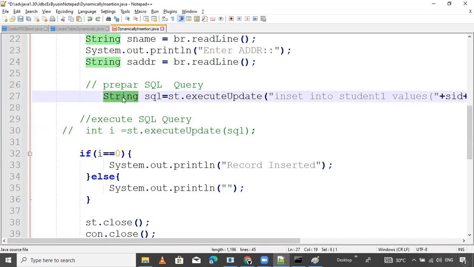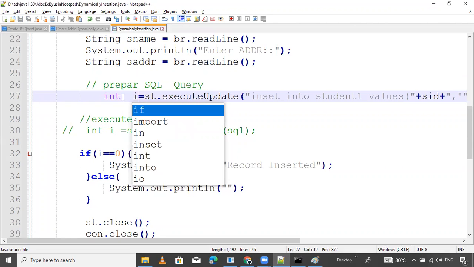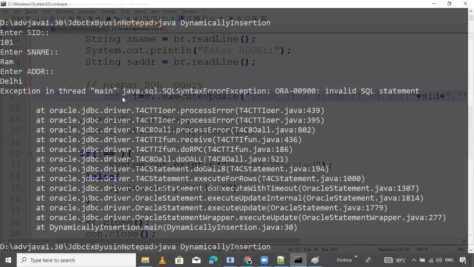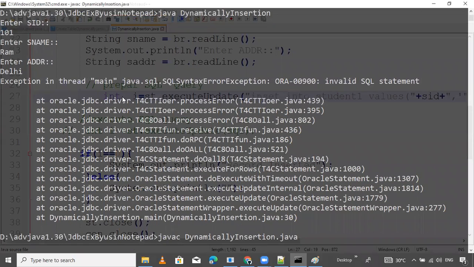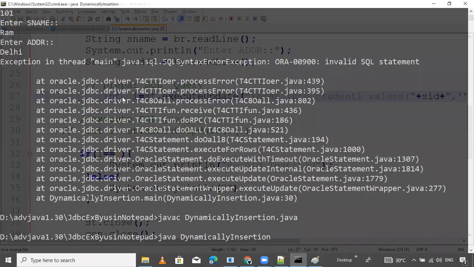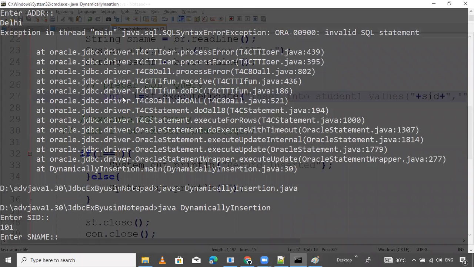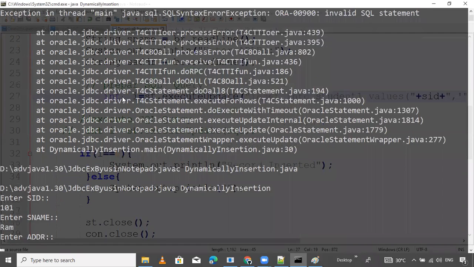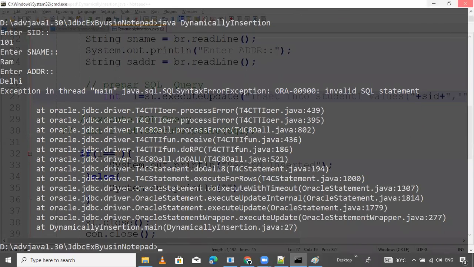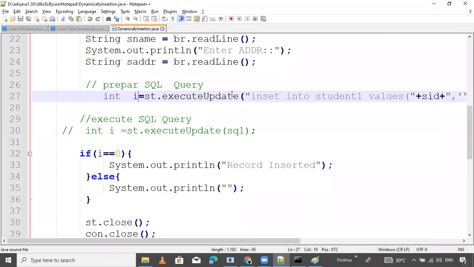Here pass int. Enter the name, address Delhi. Again the same exception.